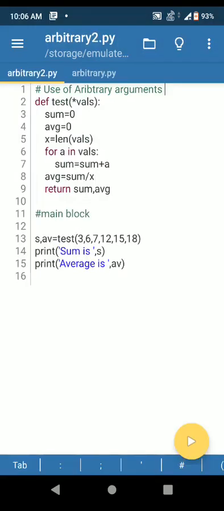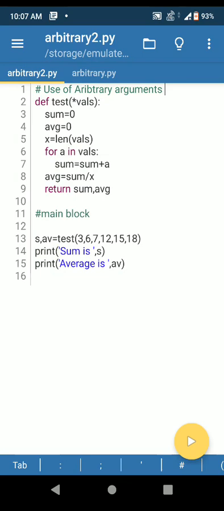So now we will see another example to understand the use of arbitrary arguments. You can see in this program a function test is created which is taking vals as an arbitrary argument. Notice the asterisk symbol preceding the formal parameter vals.